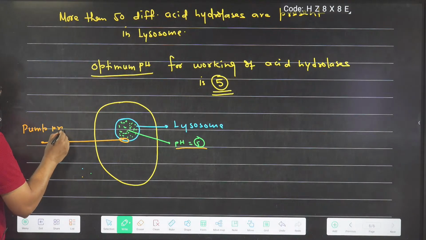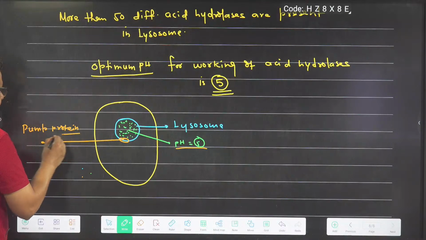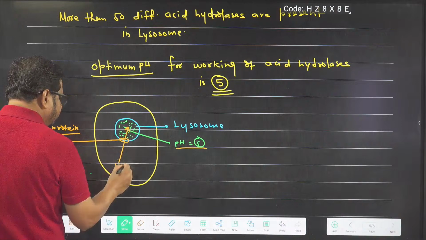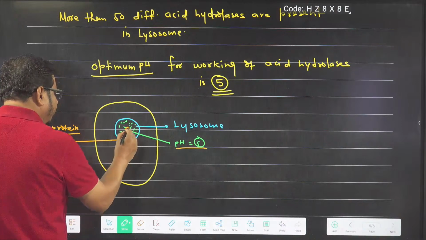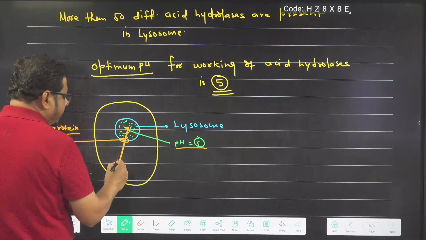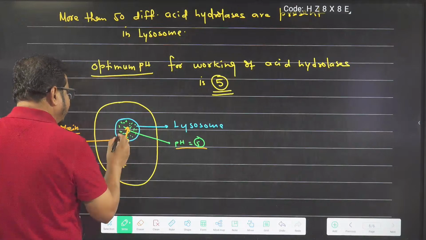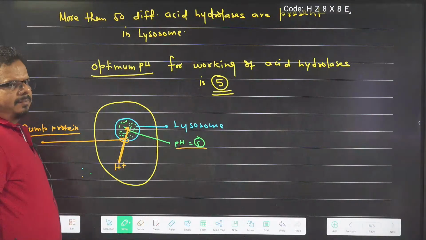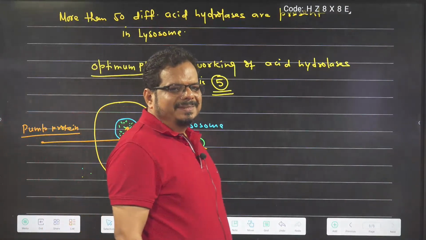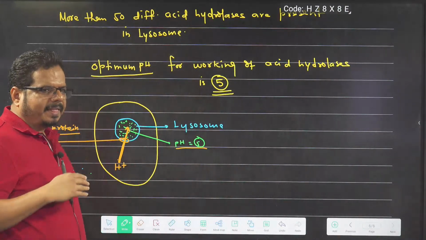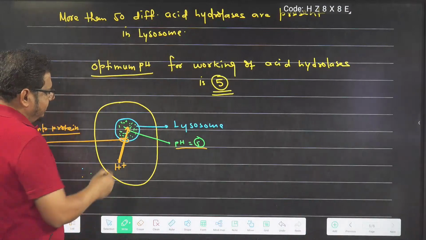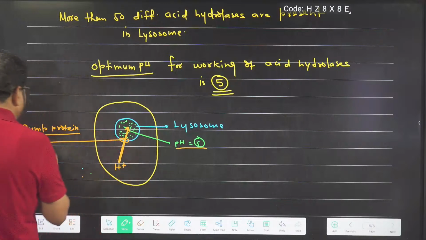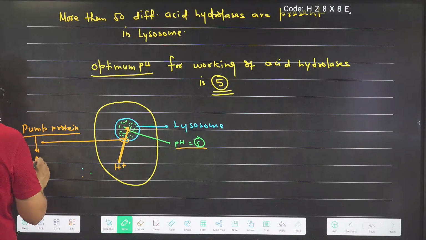When pH is increasing, this pump protein pumps H plus ions. The more H plus ions, the lower the pH, you know? pH means power of hydrogen. As much H plus ion inside, the lower the pH, acidic pH. So it is with the help of the pump protein, by expenditure of ATP,